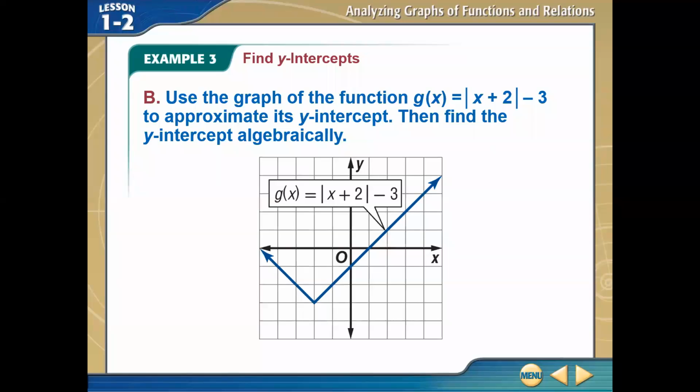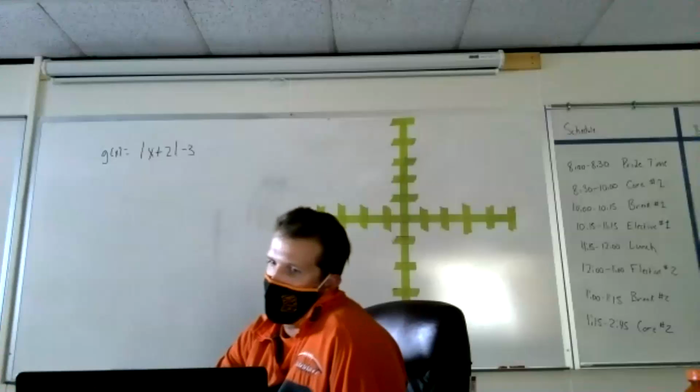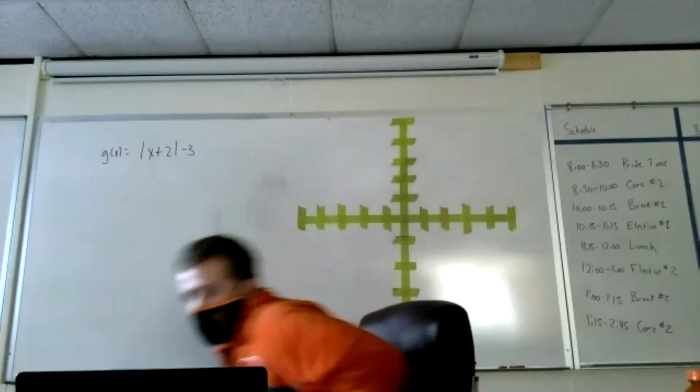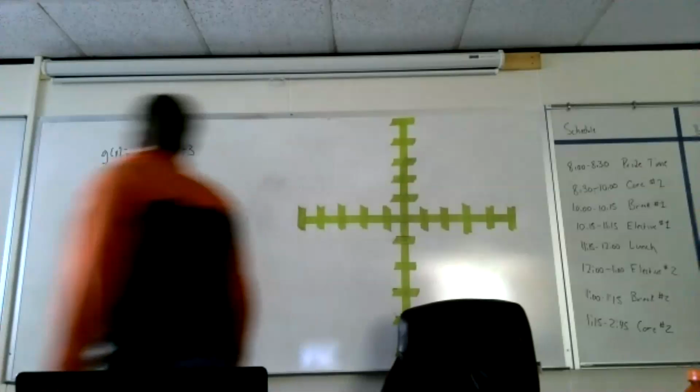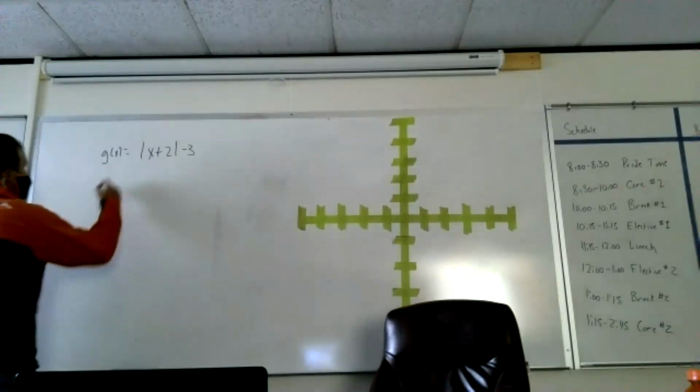The first thing that we're going to do is analyze it graphically. So we'll follow our y-axis until we meet the graph. It looks like it meets right about 1 unit down. So we can say that our y-intercept is at (0, -1). But to be sure that we are correct, we have to plug it in. So we need to find g of 0